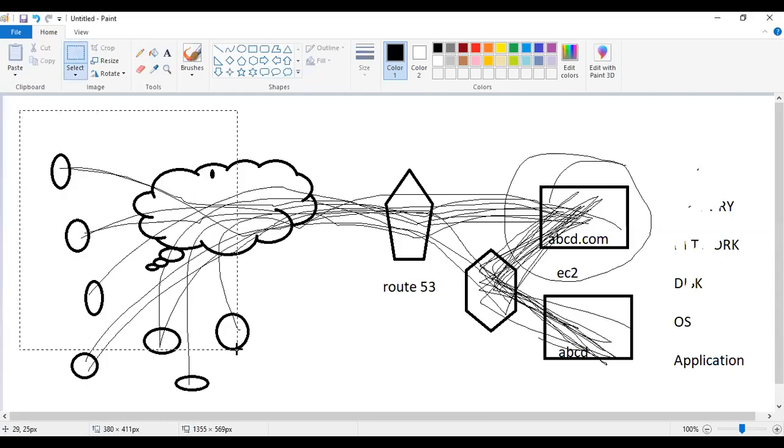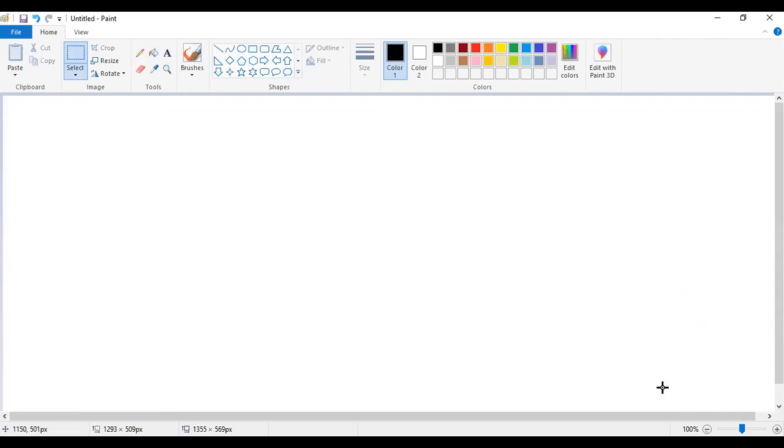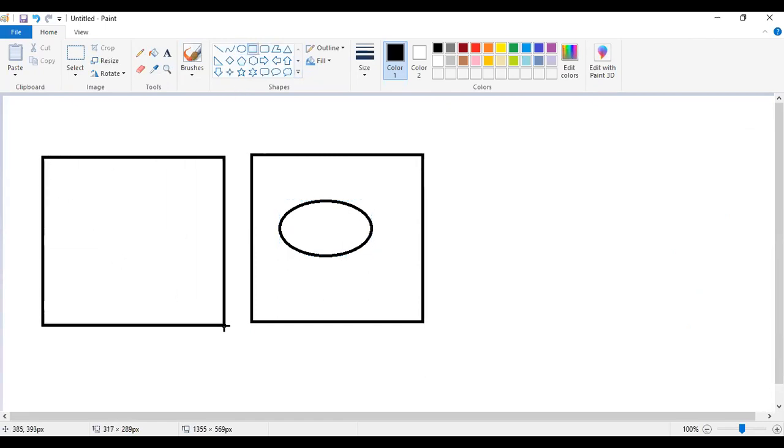See, first you need to understand the website is different. Website data is different. Now, this is my server, and inside the server, let's assume this is my web content, web application. And let's assume I have one more server, and again I have the web application.